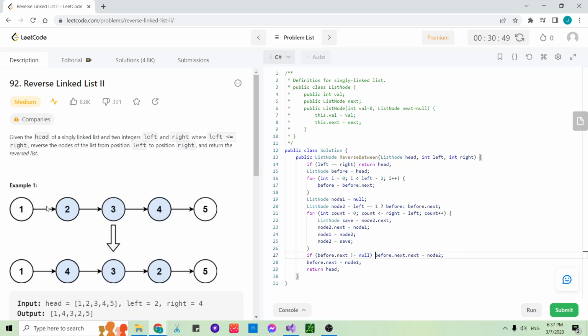If it starts reversing after the first one, then we are returning head, but otherwise return